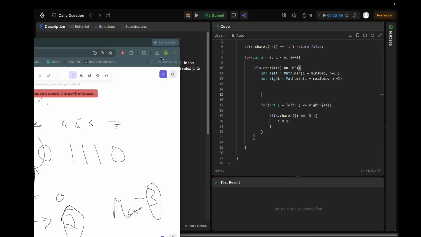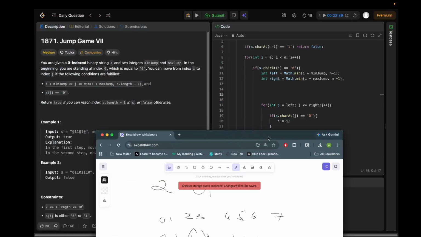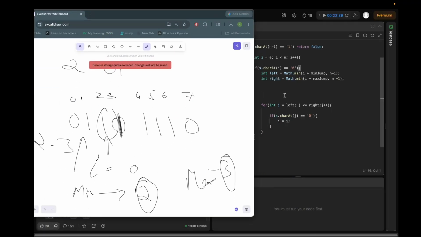Should I keep another variable here? Because what if there is no 1? Let's say there was 1 here, so I check this loop doesn't satisfy, that means we shouldn't check it further, right? So what if I have a boolean here, boolean valid equals to